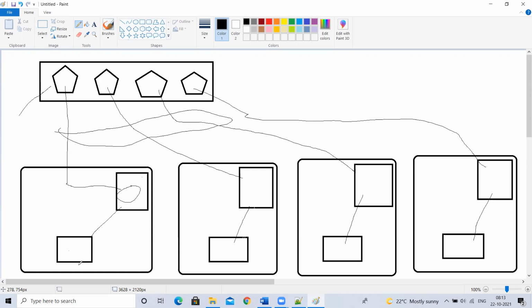Now, when my Java application has to connect to the database, the database will have some username, password, port number, IP address, something like that. For example, just think username and password.